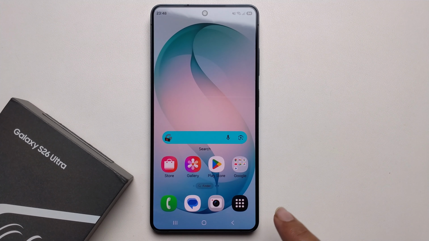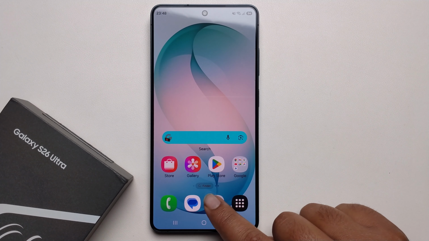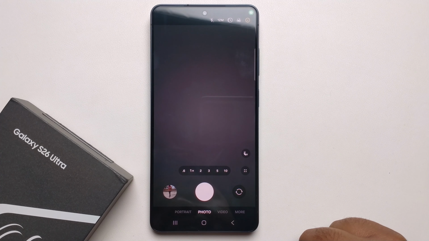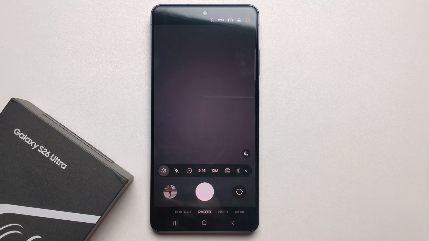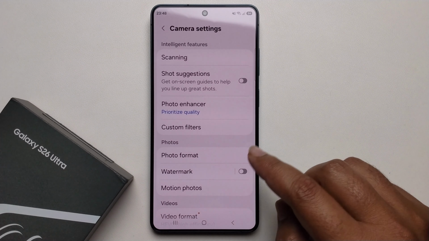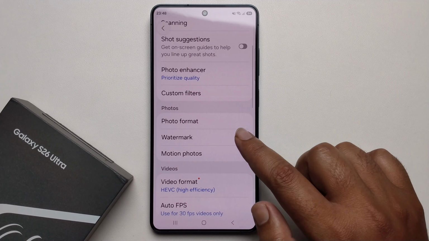Hey guys, today I'm going to show you how to add a watermark on your camera. Simply open your camera, press on this icon and you get settings. Okay, and as you can see, there is a watermark option. Make sure to turn it on